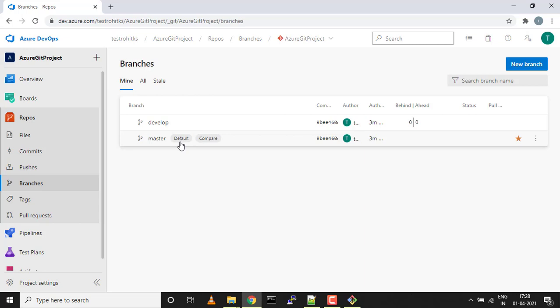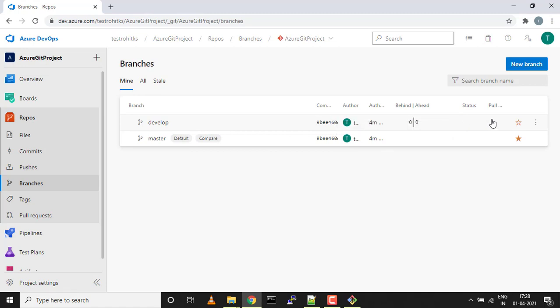Like if you clone this repository, a copy of the master branch will be cloned. So suppose a new developer comes in and clones, whatever files we have in master, those files will be cloned to his local system, because we have set master as the default. Comparison: all the other branches are getting compared with the master branch right now. As of now it is 0 0 because there is no change. So the develop branch is an exact replica copy of master.